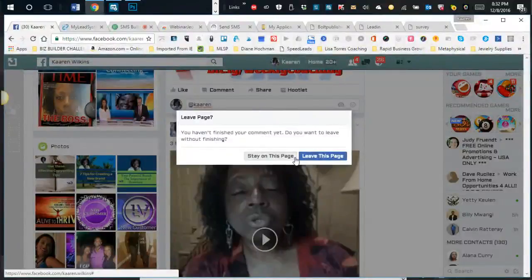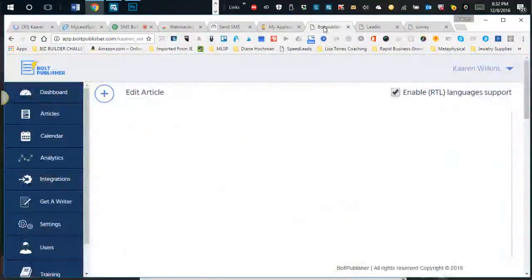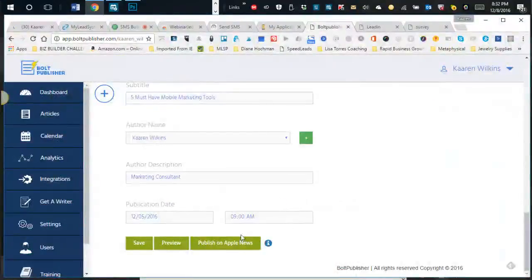That's just the way it is. Now, the instant article, it did open. Let me just leave this page. The instant article actually, oh my God, do you see this button here? That button